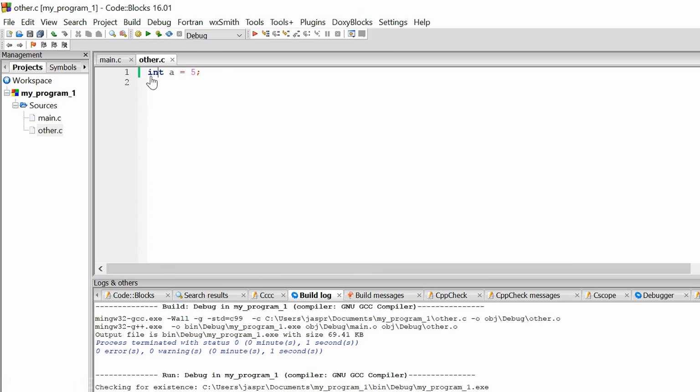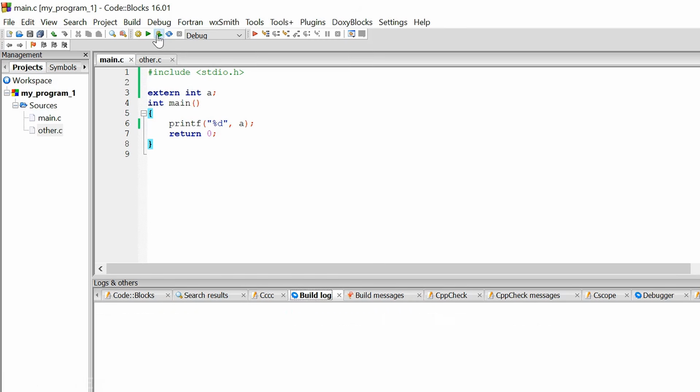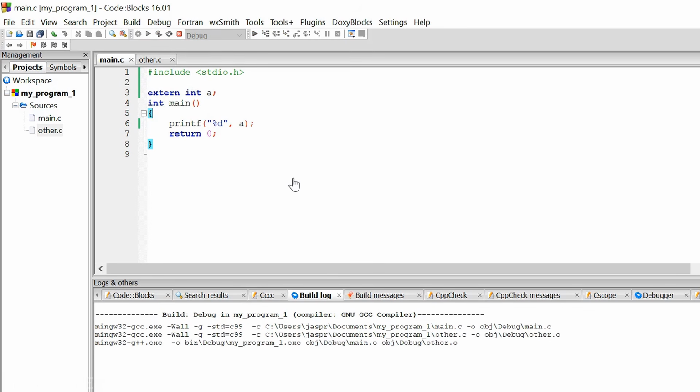And here I have written just one line, that is int a = 5. I declared and defined a variable a and assigned it a value 5. The purpose of writing this is to actually allow this main.c file to access this particular variable with the help of this extern int a. Let's execute the code and see what happens.